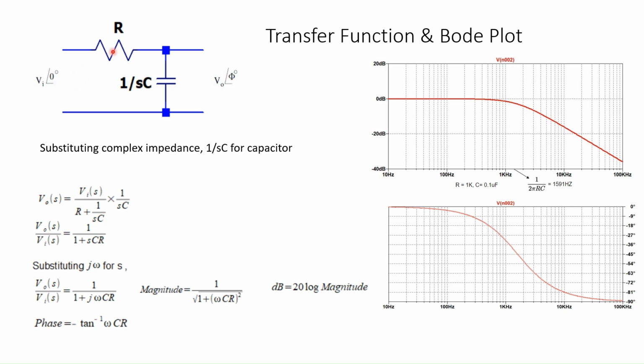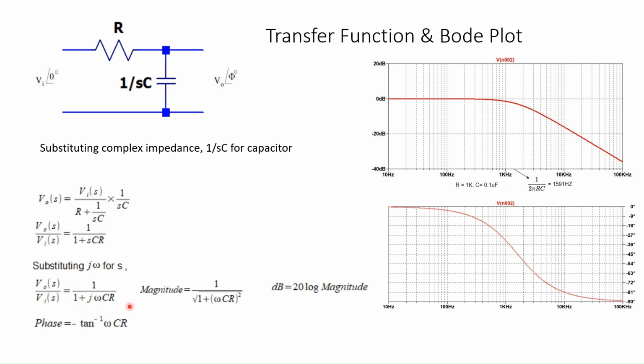Vi divided by R plus 1 over sC is the current in the RC circuit. The current multiplied by 1 over sC is the output voltage. So output voltage is derived in terms of input voltage, this equation. Output voltage divided by input voltage is simplified to 1 over 1 plus sCR. Substituting j omega for s in this equation, we get Vo by Vi in terms of omega, the frequency in